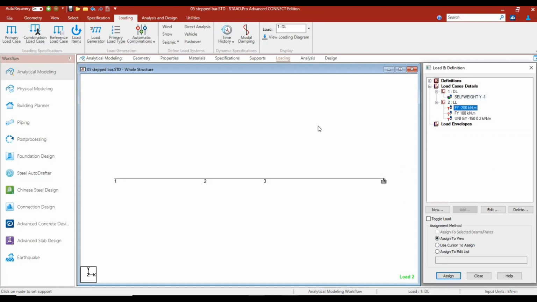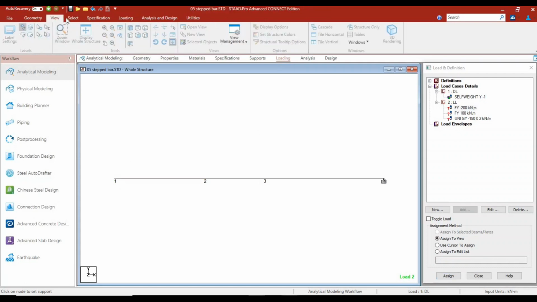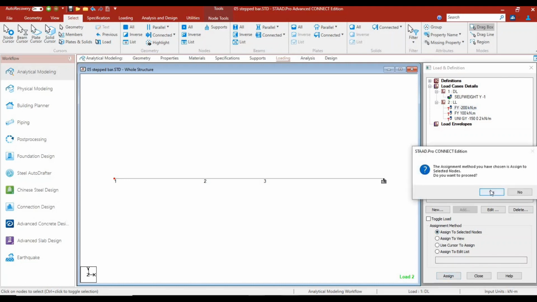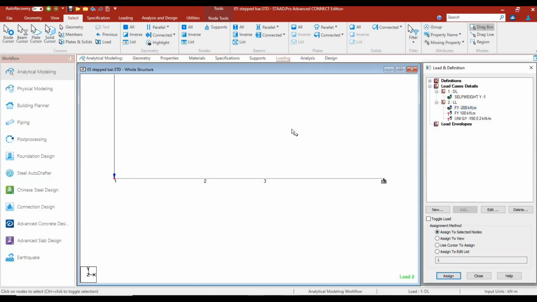Now click on FY2 minus 200 kilonewton. Now change the cursor to node cursor. Click on the node 1 and assign the load. Assign to selected node, assign. Yes. In this example, the load acting on the bar is in the horizontal direction, that is along the bar. So